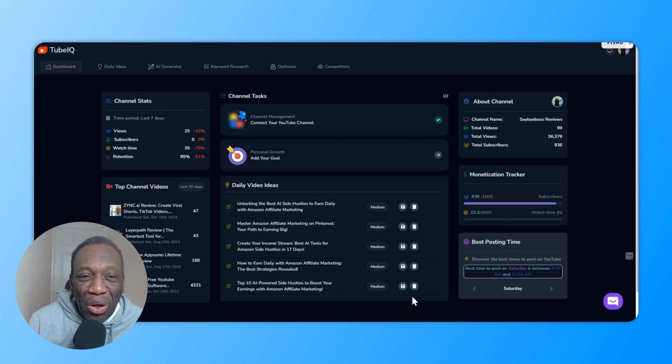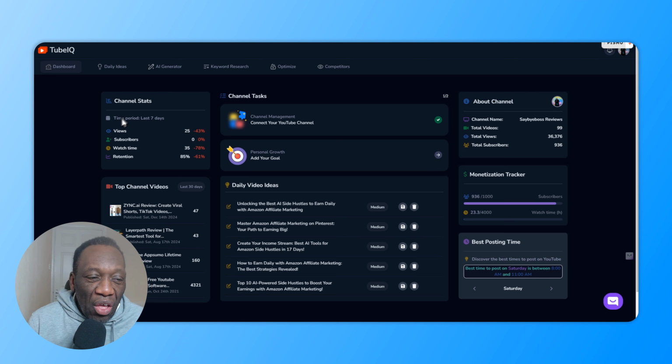That took me a while to work through because these are four of the features that TubeIQ has as its indicators and goals that you might want to set in terms of where you want your channel